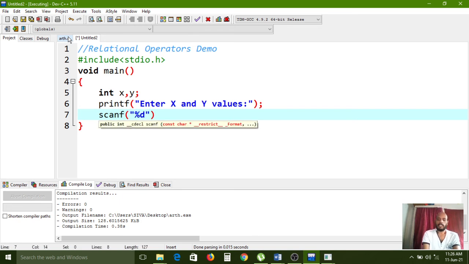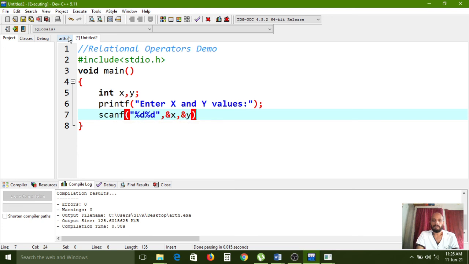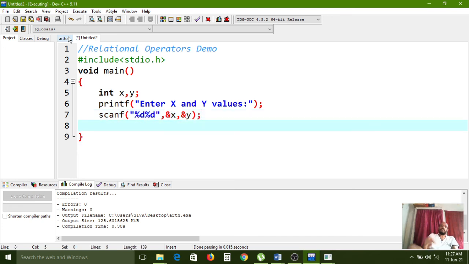For that, %d, two inputs we are collecting, two values. So I am taking two format specifiers here, with &x, &y. Whatever variables we have used, if they are lowercase, then you must use them in the program in lowercase. If you created a variable with capital letters, then use capital letters only.